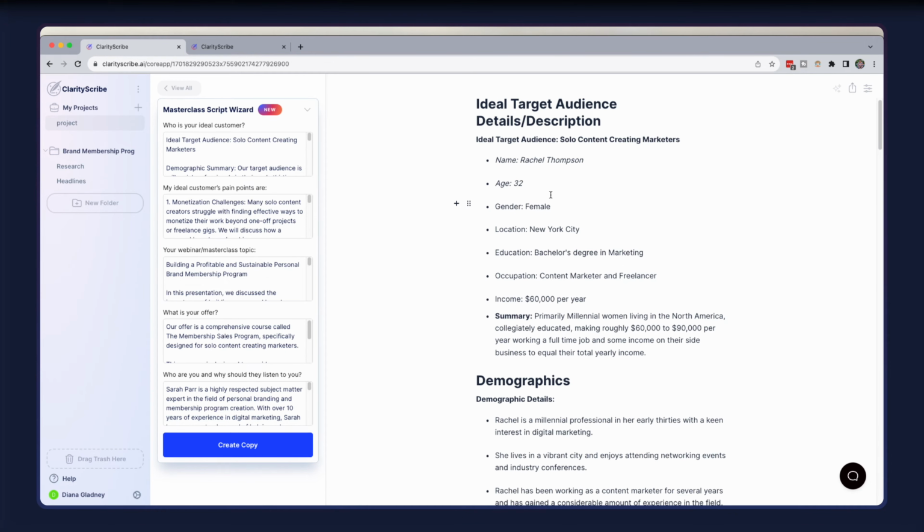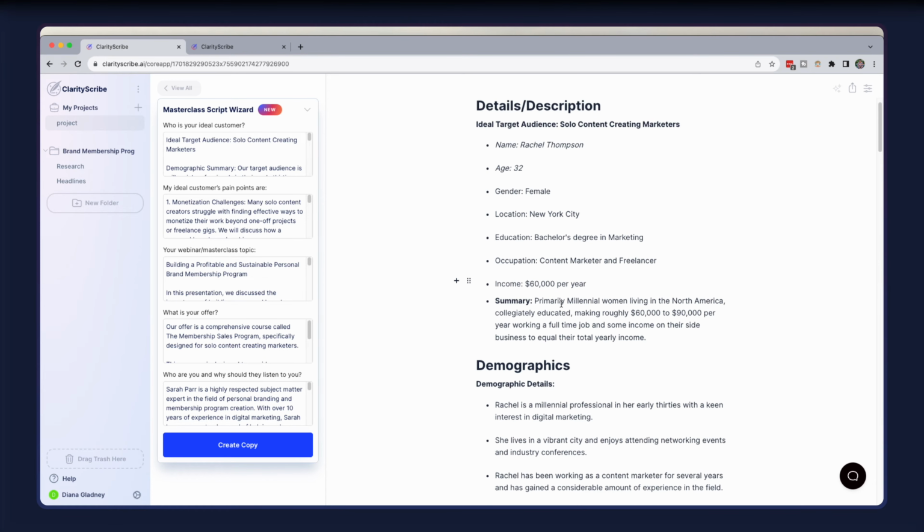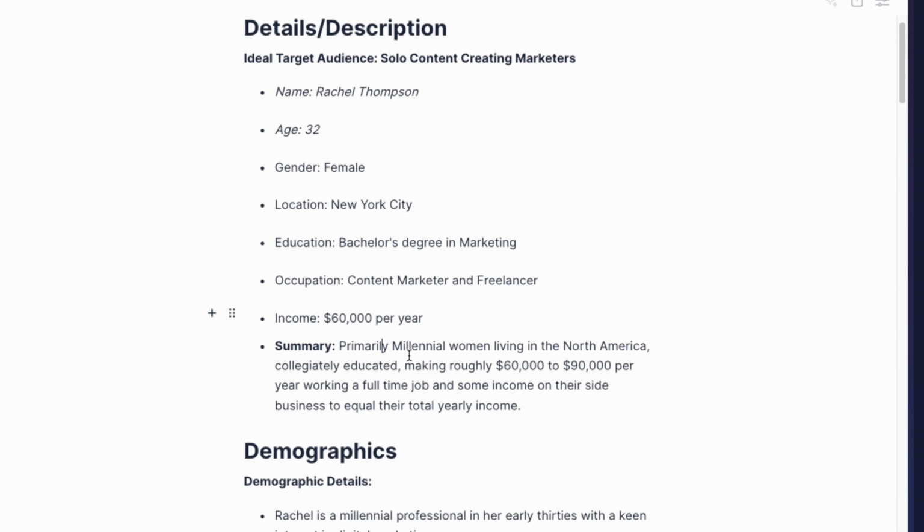But we're going to describe our person as if they are a real person, and then we will create a summary of who they are. So our base ideal target audience in this example is a solo content creating marketer, primarily millennial women living in North America, collegiately educated, making anywhere from $60,000 to $90,000 per year. And that includes income from whatever their full-time job is, in addition to the money that they're making in their side hustle. And we like to describe this person as if they are a real person so that we can vividly see when copy is on brand or when it's not. But the summary is more generic so that it's not making it too niched